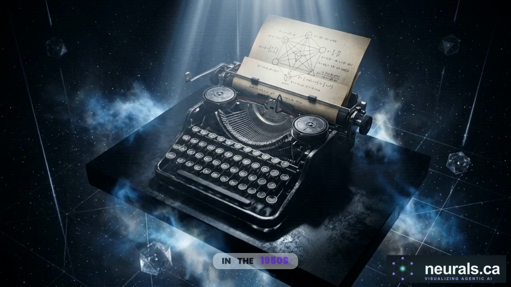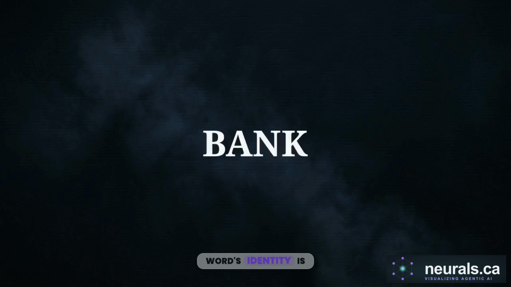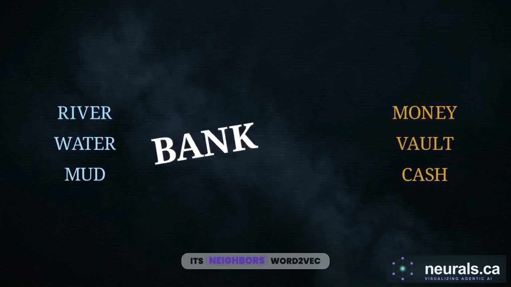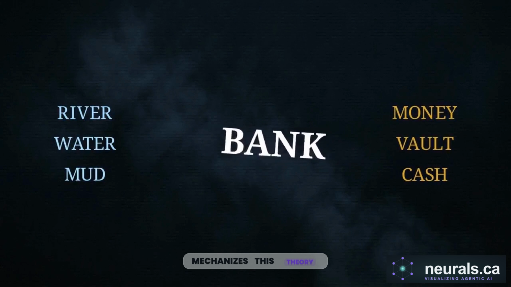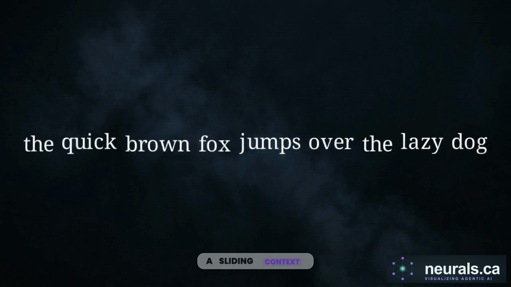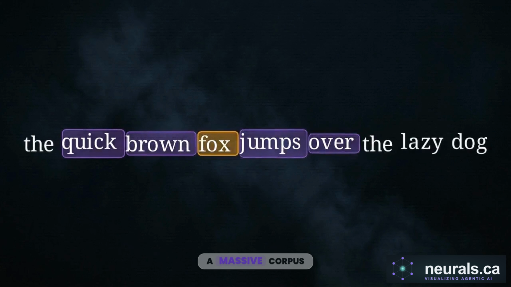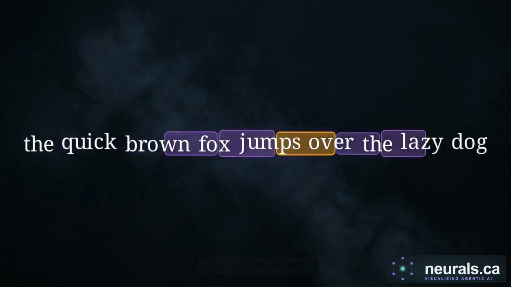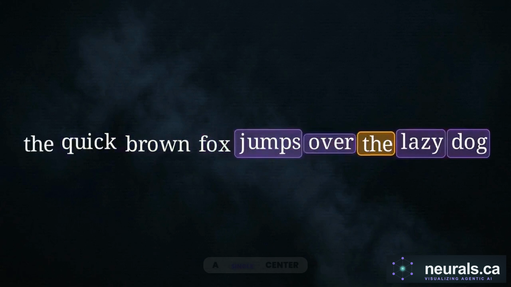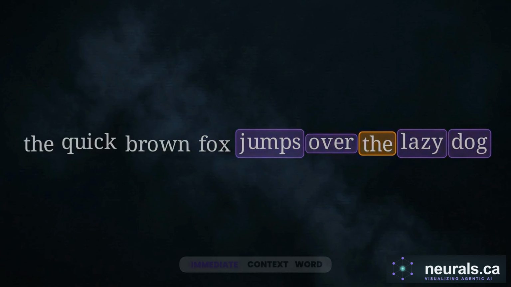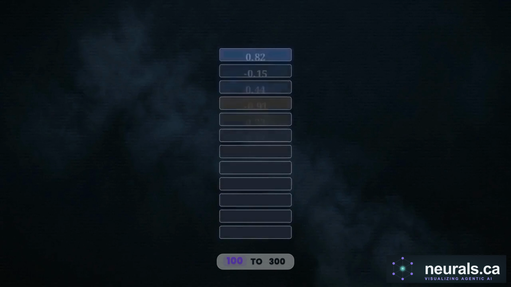In the 1950s, the linguist J.R. Firth proposed that you shall know a word by the company it keeps. A word's identity is effectively defined by its neighbors. Word2Vec mechanizes this theory. The algorithm drags a sliding context window sequentially across a massive corpus of text, sometimes billions of words long. It isolates a single center word and looks directly at the immediate context words surrounding it. The objective is to compress a gigantic 50,000 word vocabulary down into a dense list of just 100 to 300